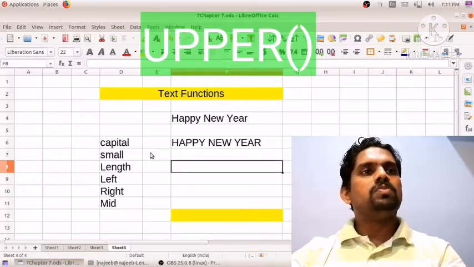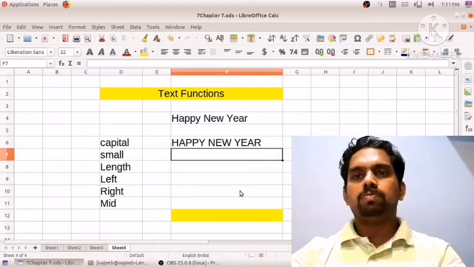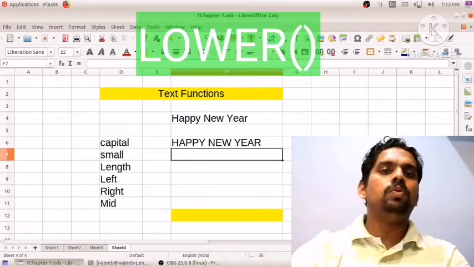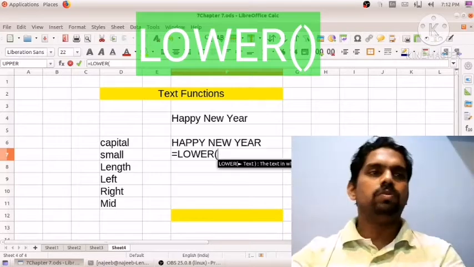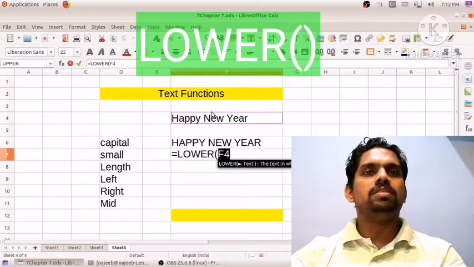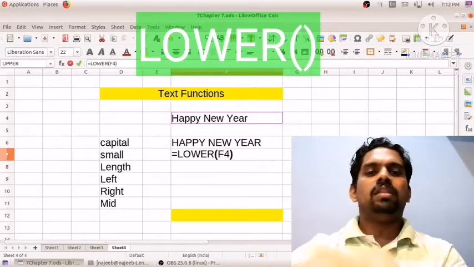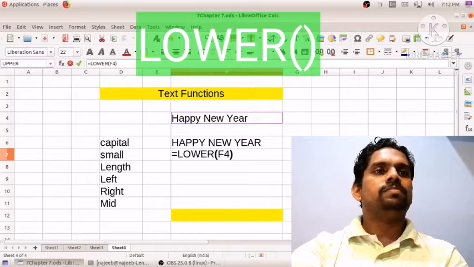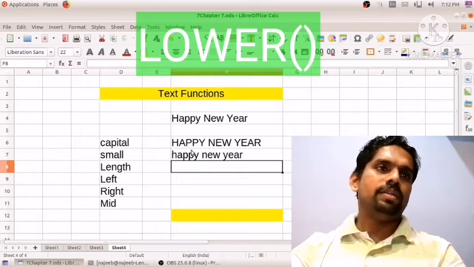Then small means we are converting the same Happy New Year into full small letters. So what to do? Equal to lower we can use. Then select the Happy New Year, this is our original text. Then enter. Now you see it is converted into small letters.